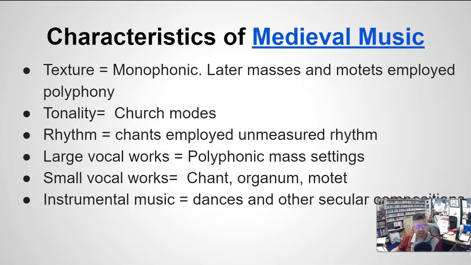Rhythmically, it's not very complicated. The rhythms were based on the words. So it's chanting pretty much, but in time. But there wasn't a specific meter. And then you had larger groups like a choir singing all in unison, usually like monks. And then you had smaller groups, which would be a single singer. We'll hear that in a couple of weeks about troubadours and people singing motets and things like that. And then towards the end of the Dark Ages, they started bringing instruments into the mix. So we'll hear some of that.